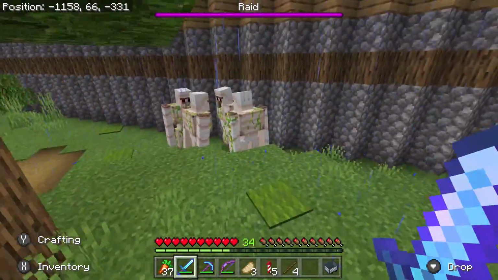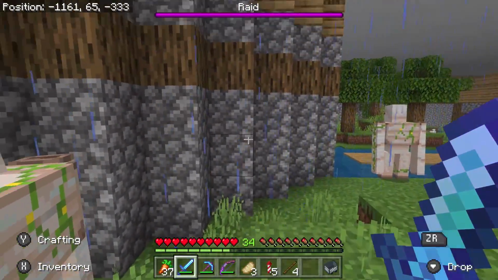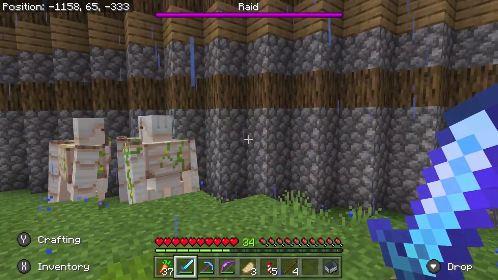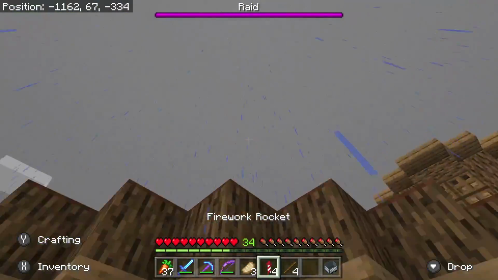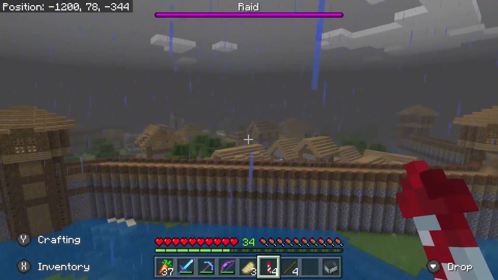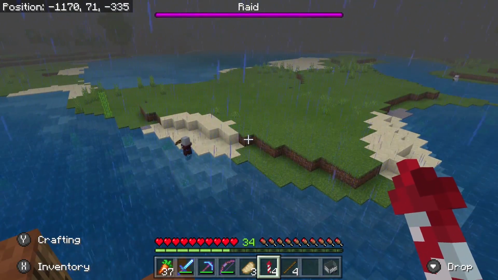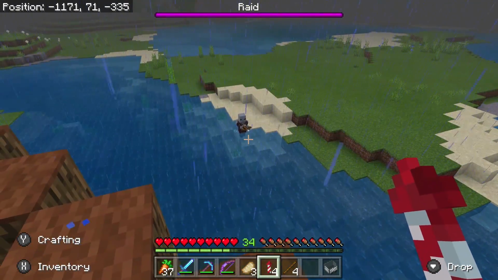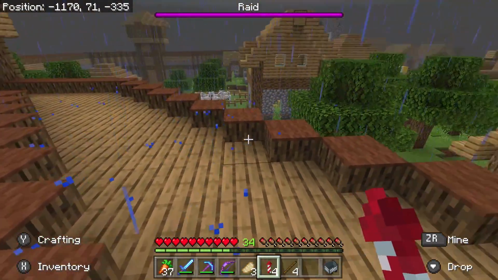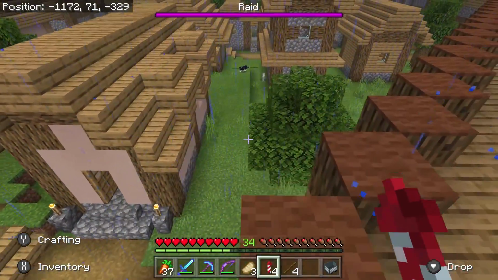Huh. For some reason, all the iron golems are here. I wonder why. Oh, I hear it. It's nearby. So either they're on the other side of the wall or they spawned inside of the wall. Okay, there it is. Oh, thank goodness. It seems that they spawned outside, which is great, and I'm going to leave them be outside there because if I kill them and another wave spawns, chances are they're going to spawn in here,